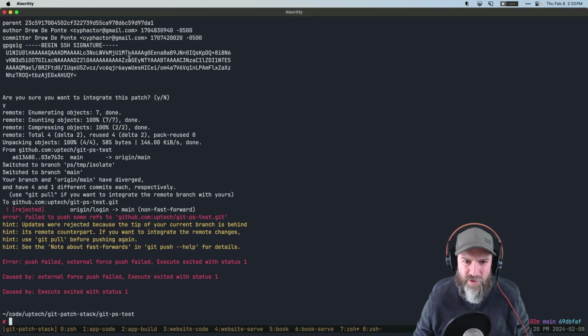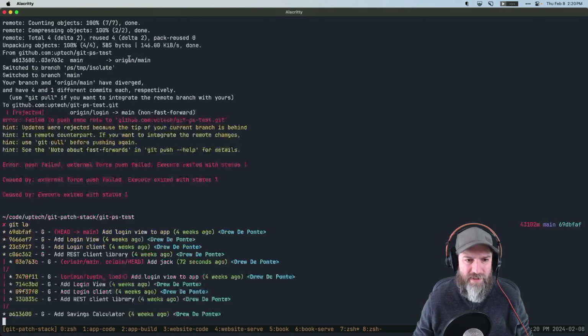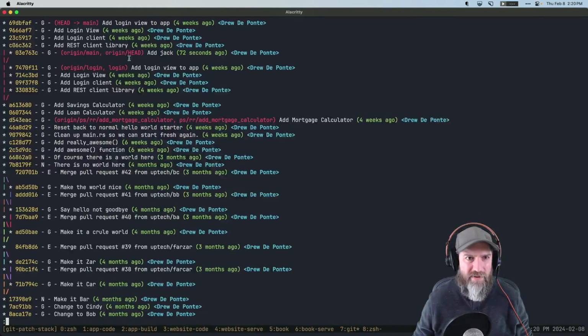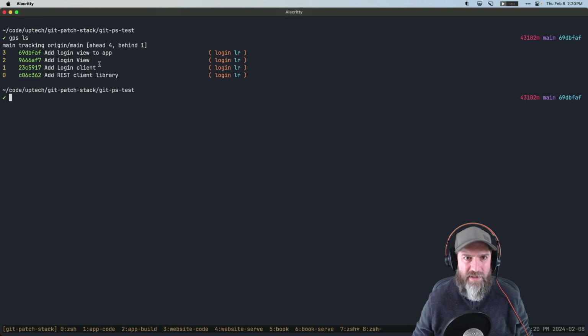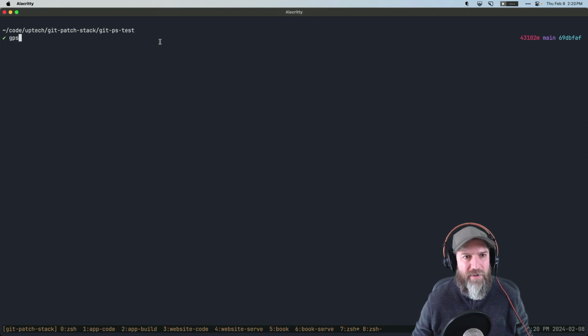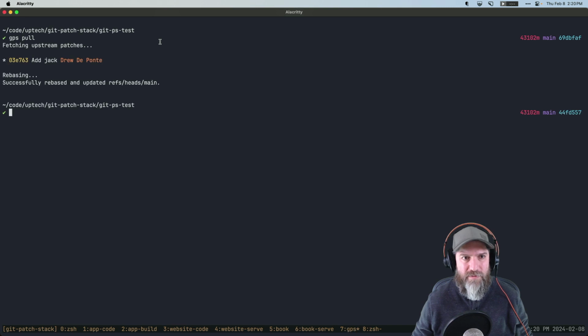External force push failed, exited with status 1. That is what we wanted. Now if we look, it's aware of add jack, and we are one behind, which is why that happened. And if we just GPS pull,